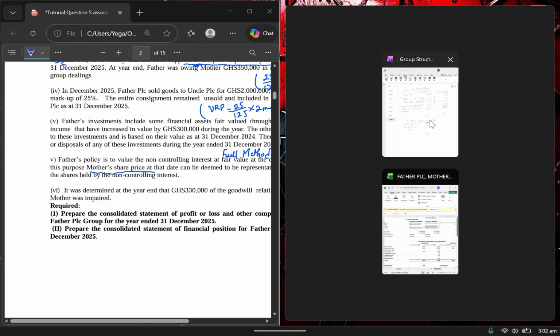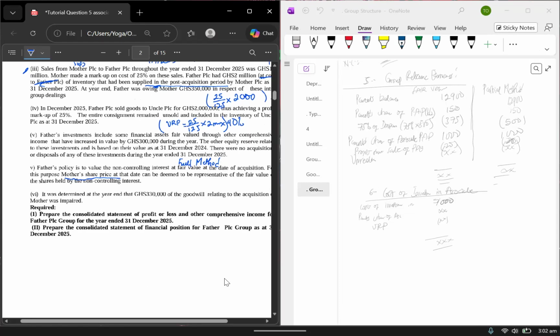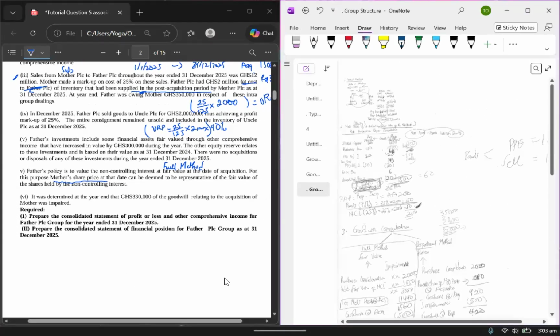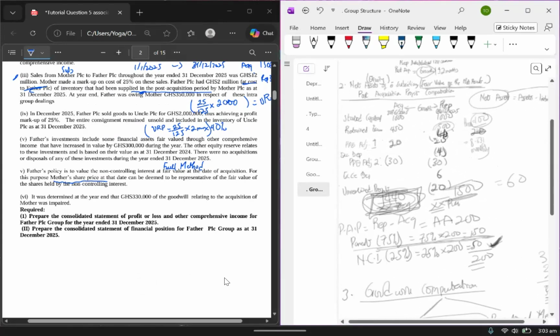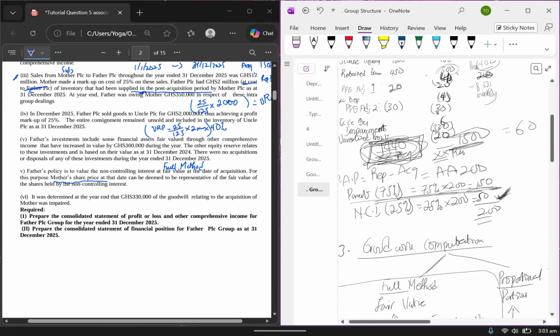So when you're doing the net assets of the subsidiary, you can treat the impairment somewhere here, because in this case we are doing the fair value method, or the full method. You can subtract impairment 330 from this side because indirectly this 330 will affect this